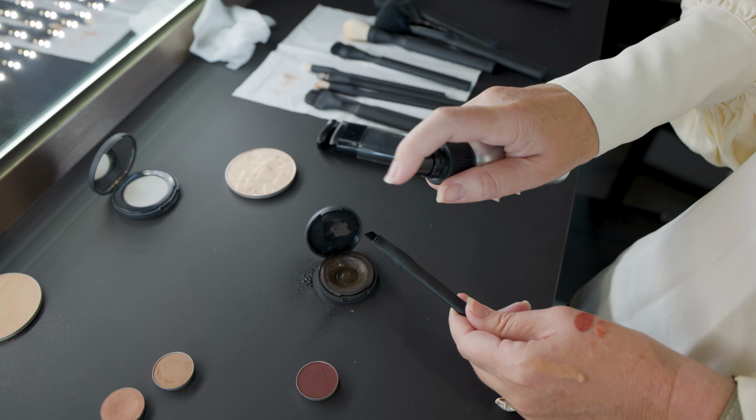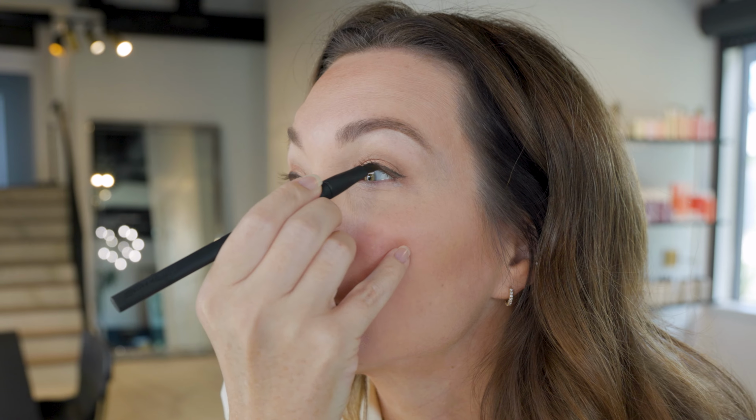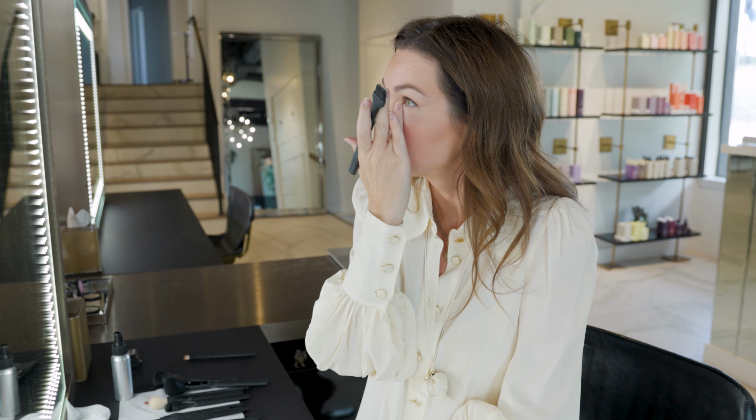my lid. I wanted to use an espresso brown liner instead of a black to keep up with the theme. Tight lining with that, giving myself a little bit of a dovetail at the end to lift my eye. Then I go back over with the Raisin Hell, which is a really dark triple pigment to smudge out the liner. Cleaning up with Nude Bisque concealer for any drop off, tapping it with my fingers, then curling it with